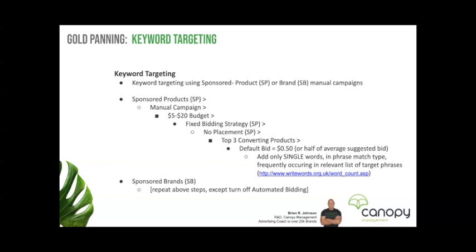The biggest difference on this is that you're only going to be using single words. Yes, you can use full phrases, but the gold panning works pretty well also if you use single words as well. So here's how this works. You're basically taking a full list of words. Now, if you're using a keyword research tool, you could use that list that Amazon provides as the suggested keywords. You can just copy that entire list, and you can use a site like